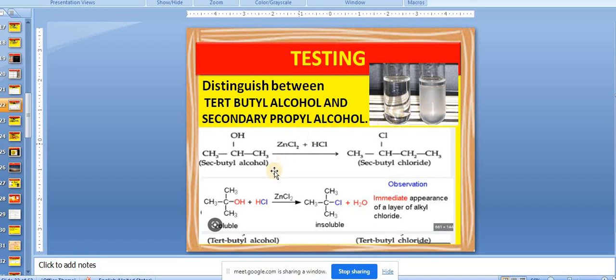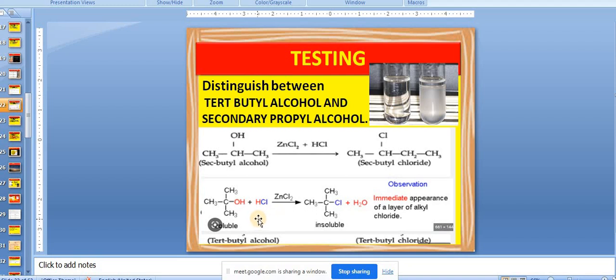Now the next point is what type of reaction it is. Can anyone tell what type of reaction is going on with concentrated HCl and anhydrous zinc chloride? Can you write the response in the chat box? It is a nucleophilic substitution reaction. Absolutely right. SN1, where 1 means the order is 1. What is the nucleophile here? Chloride is the nucleophile, replacing OH. In the SN1 mechanism, the stability order of the carbocation is 3 degree greater than 2 degree greater than 1 degree. Therefore the 3 degree reaction is faster than 2 degree, than 1 degree.